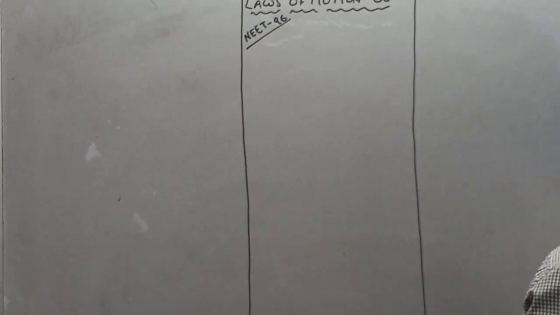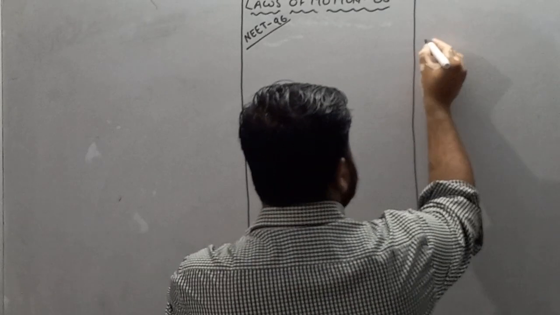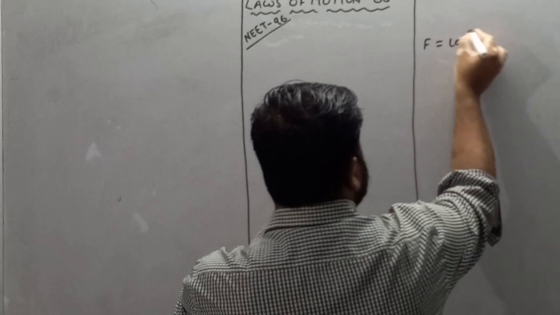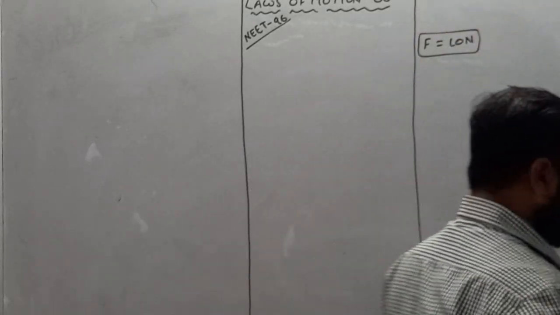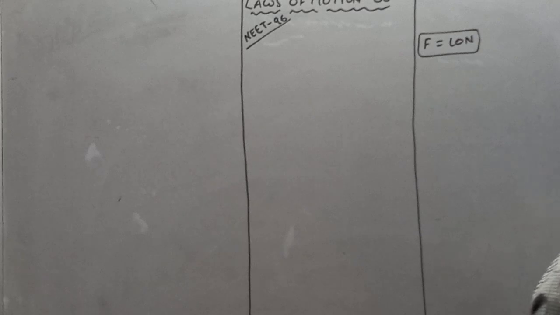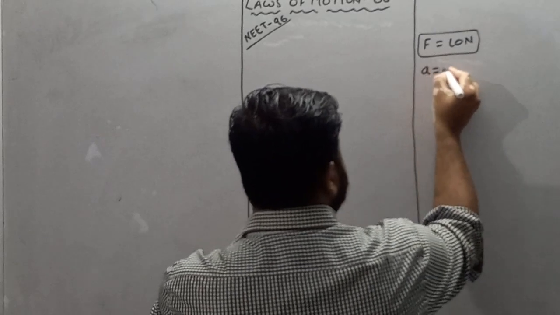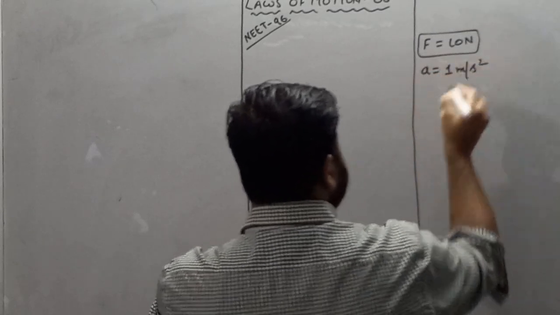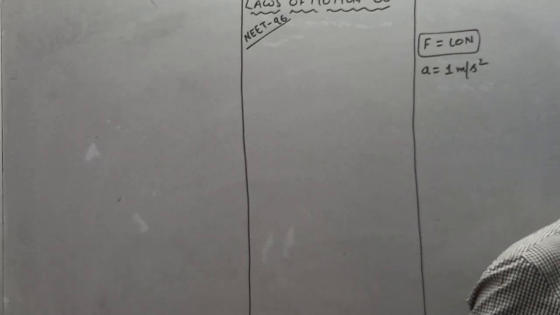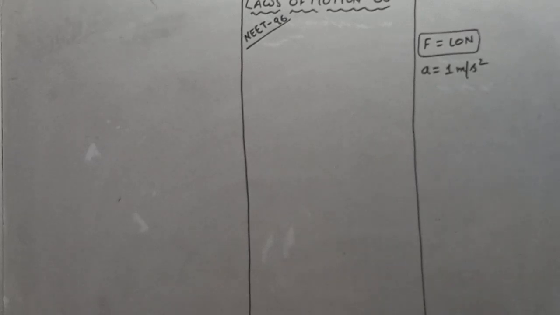A 10 Newton force is applied on a body to produce in it an acceleration of 1 meter per second square. The mass of the body is